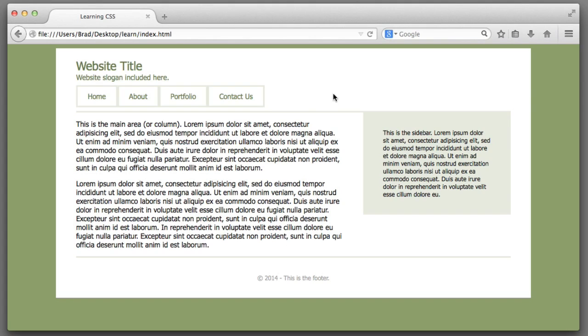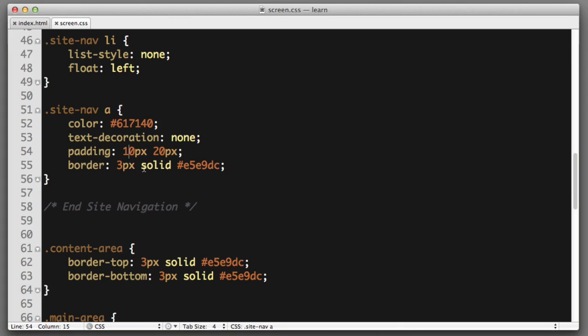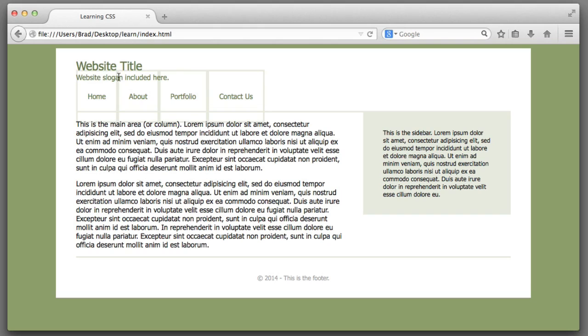The first thing that we see is that the links themselves did receive the vertical padding. So we can see that they do have 10 pixels of padding on the top and 10 pixels of padding on the bottom. However, the content above and below the links is not aware of this padding. So for example, if I set this to 40 pixels vertical padding, we can see that the links are overlapping